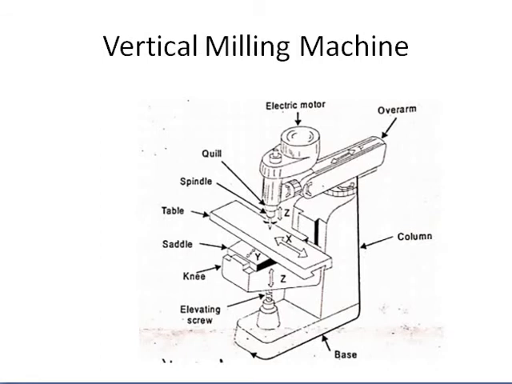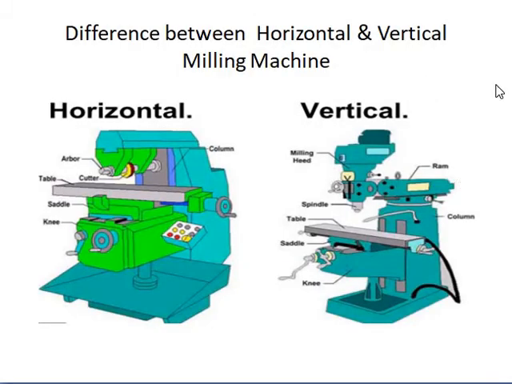In the vertical milling machine, for vertical movement of the table, the knee along with the whole unit over it slides up and down in the guideways provided on the column. For cross movement of the table, the saddle is moved towards or away from the column along with the whole unit over it. In vertical milling machines, a brace is employed to provide additional support and rigidity to the arbor. Next we'll be discussing the difference between the horizontal milling machine and the vertical milling machine.